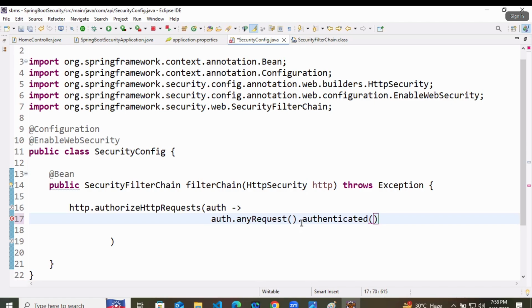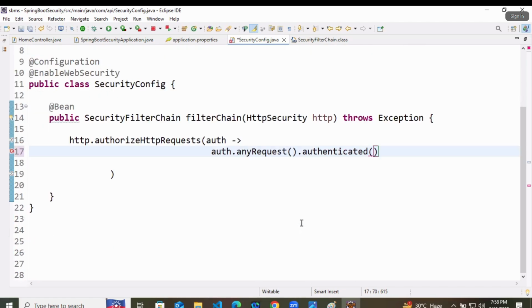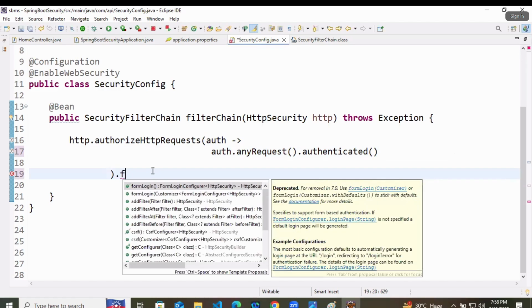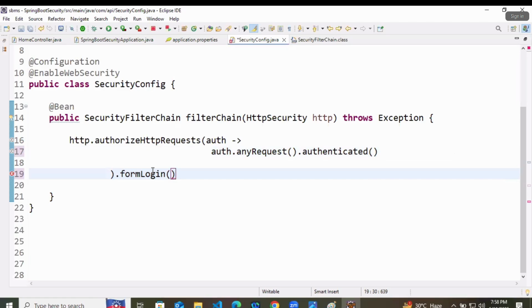No checking, no password checking, nothing. Just authenticate it. Once this is done, all the requests are authenticated, but we will be providing one particular form login that Spring Boot is giving. So here I will say dot form login.